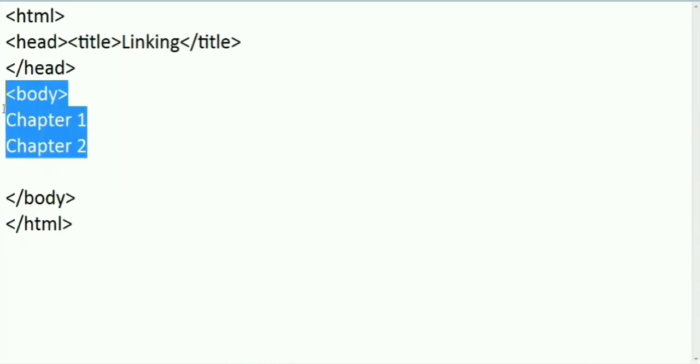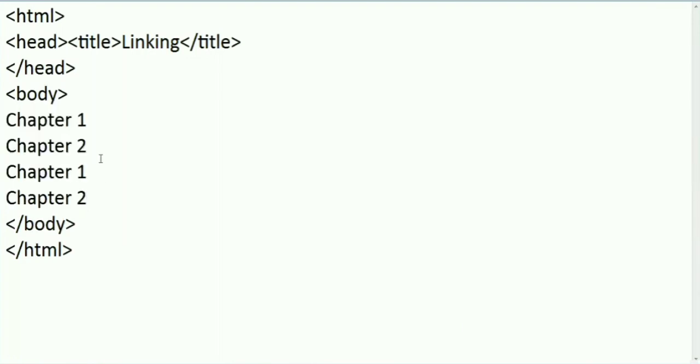I have 5 to 6 chapters, for example. Here I have 3, here I have 4, here I have 5, here I have 6.